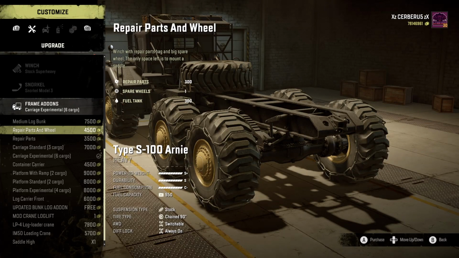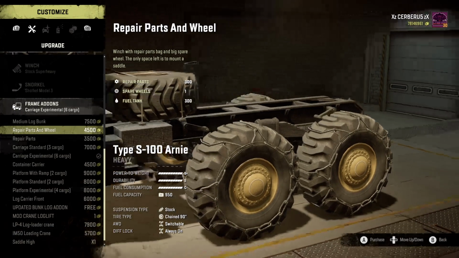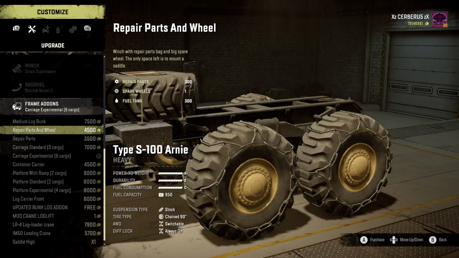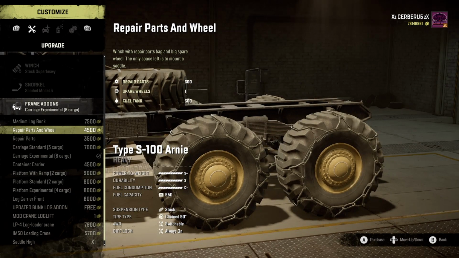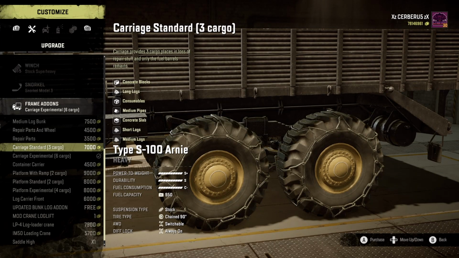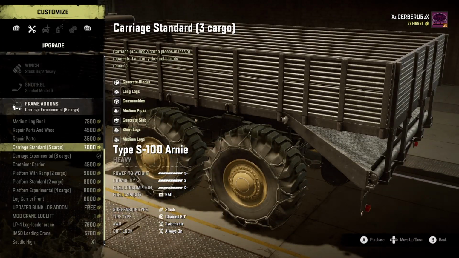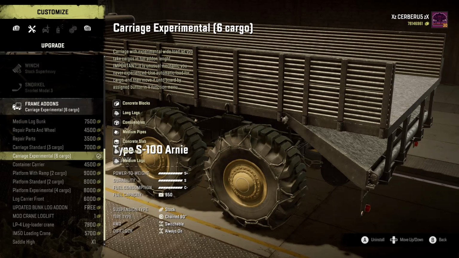Repair parts and spare wheel, which gives you 300 repair points, one spare wheel and a 300 litre tank, but that pretty much deletes everything else then. Repair parts, you can get more repair parts with 300 repair points and 300 in the fuel tank. You've got the carriage standard 3 slot, which is there. You've got the 6 slot experimental, which is quite a neat add-on, which you can see I've